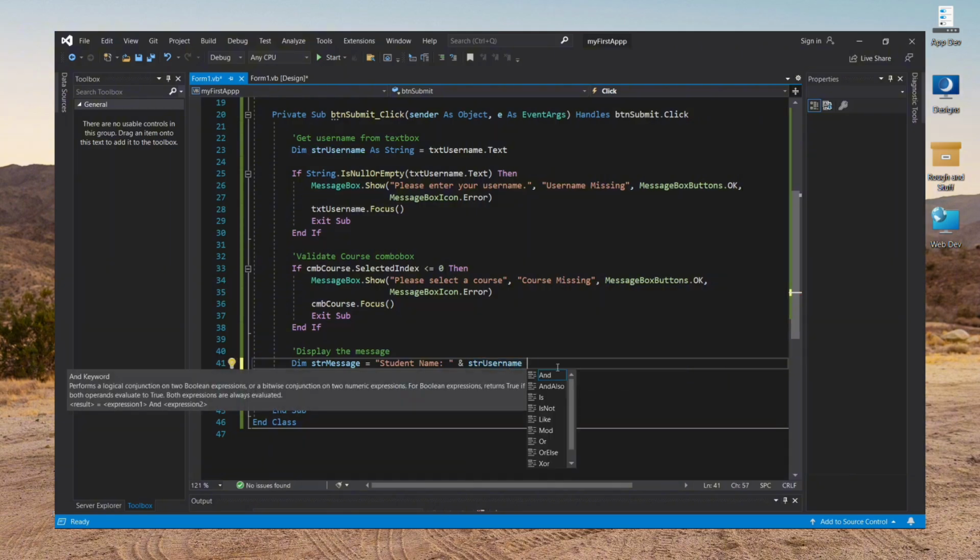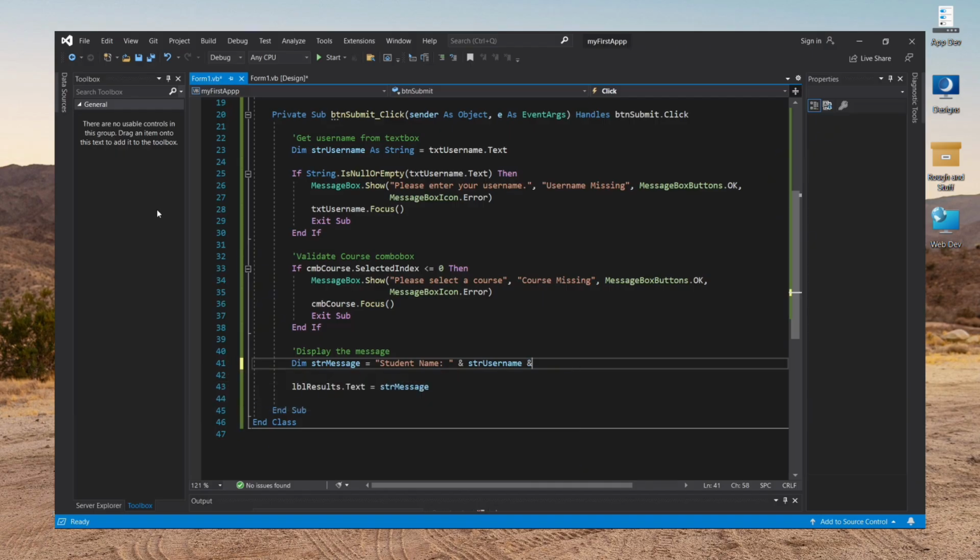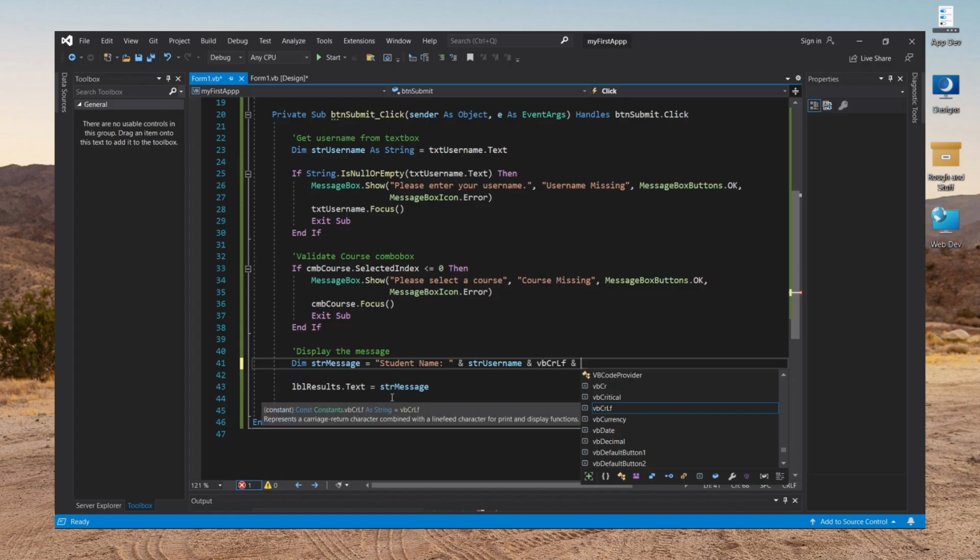And then to move on to the next line, you're going to put VBCRLF. It's like you're telling the code to jump to the next line. Anything that comes after this is going to be on a new line. Then yes, you have to put another concatenator, because you're going to put another string on that side, or a variable. And then now I want to jump to this line